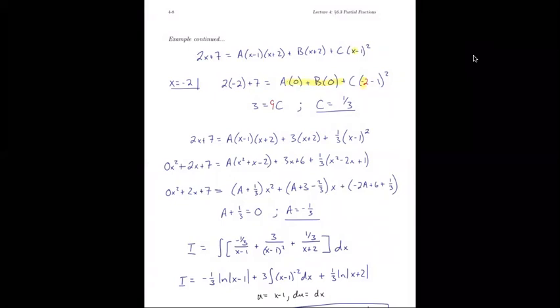-2 minus 1 is -3, squared is 9c, equals what happens on the left-hand side? -4 plus 7 is 3. So we have 3 is equal to 9c. We solve for c to get 1/3. So now we know b and we know c, and we can dig back into this overall equation to find